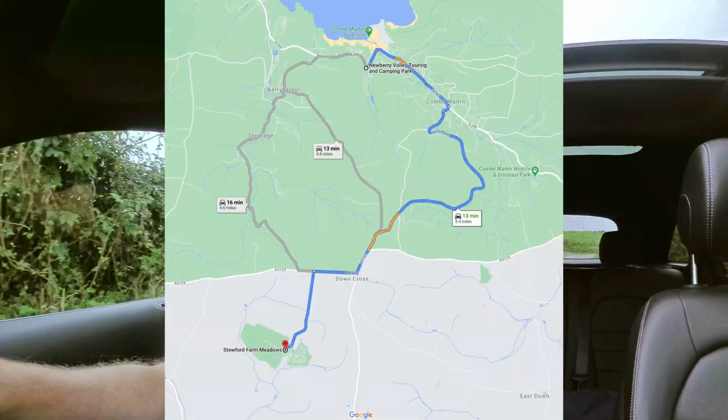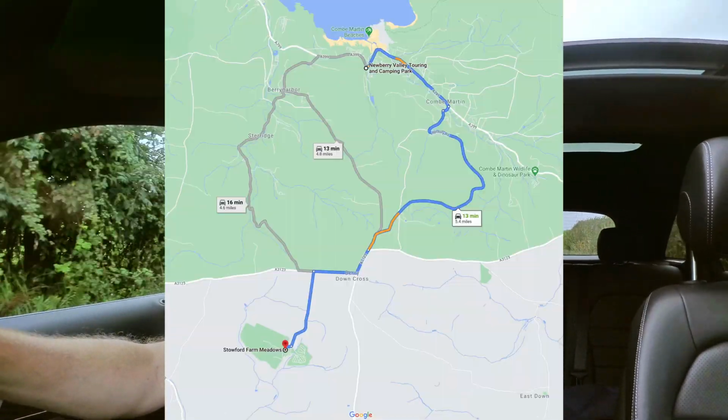So anyway, when I get to this shop, here's a problem with Devon and Cornwall. I'm just driving down a rather bendy road. This shop is 3 miles away from the campsite that I'm staying at, but it's going to take me 15 minutes. When does 3 miles ever take 15 minutes unless you're on the M25 stuck in traffic? Jesus, someone needs to have a word with these Devon guys and straighten out some of these hills and some of these bends. Honestly,